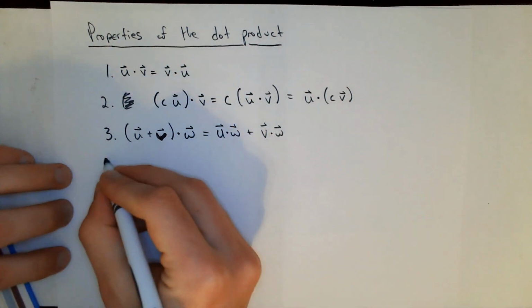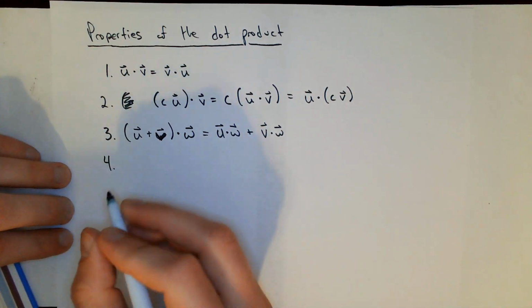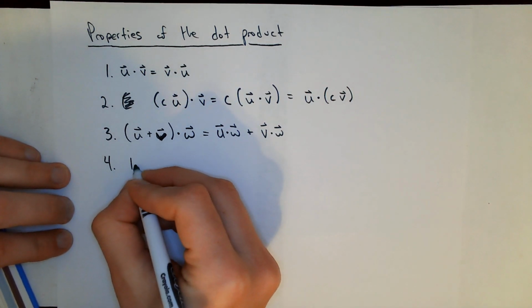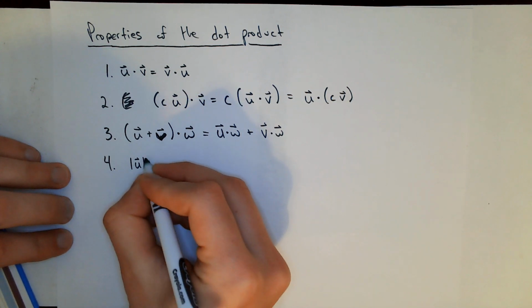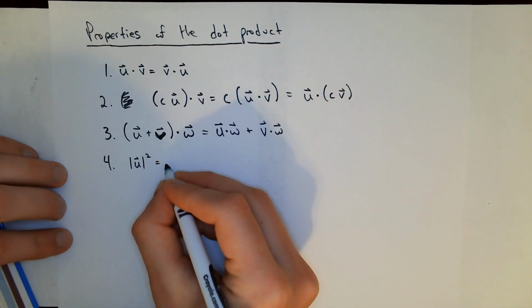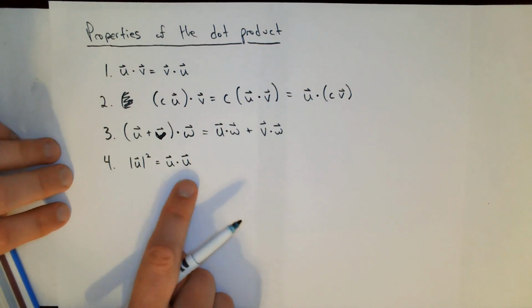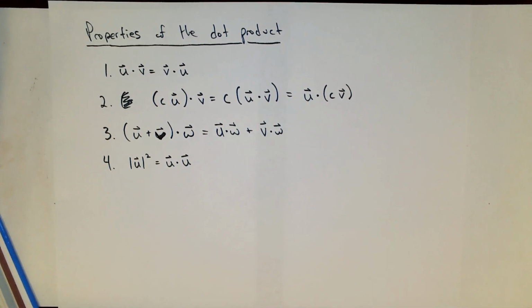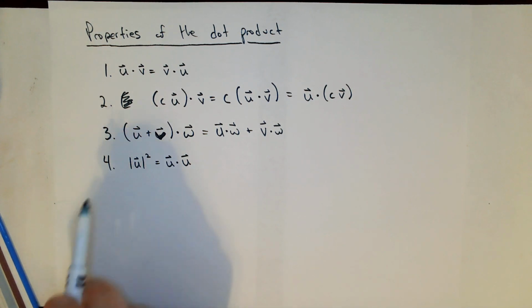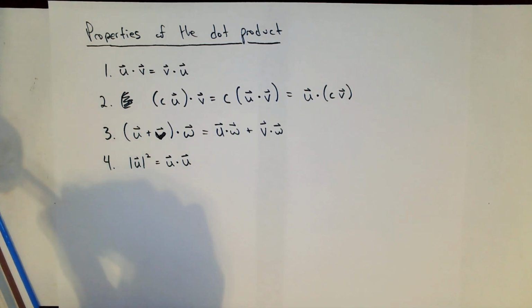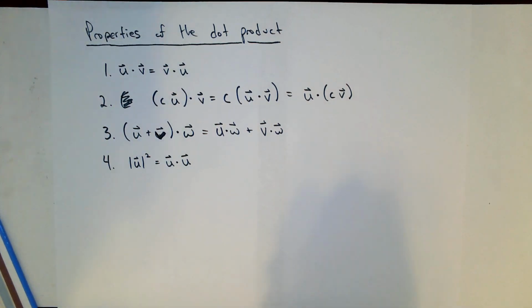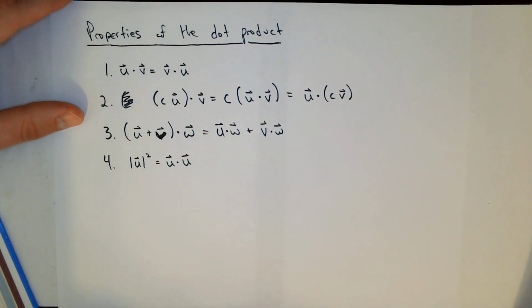And finally, the magnitude of a vector squared is equal to its dot product with itself. So the magnitude of a vector squared is equal to its dot product with itself. Okay, now that we have these properties,